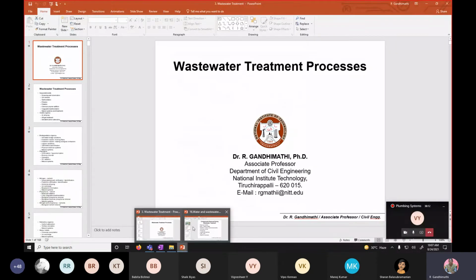Students, is it clear with the house drainage system? House drainage system is very simple. You are seeing all the components in our day-to-day life. Everyone is using all those things. Therefore, you just see and visualize what the different components of the house drainage system are. In addition to that, you have to remember certain important points, like how to identify leaks in the drainage system, what is waste pipe, what is soil pipe, and all. You just go and read. Then next I will move to the wastewater treatment system.